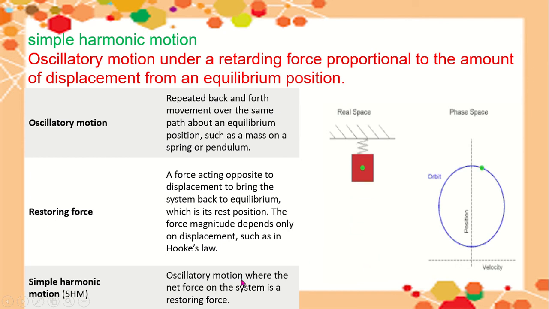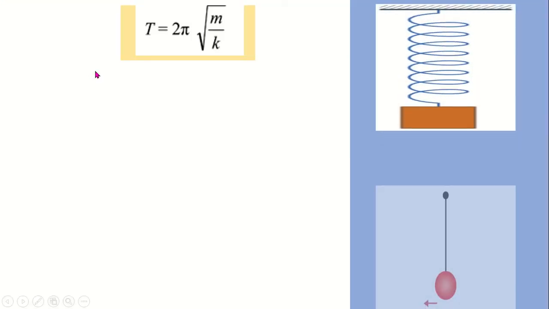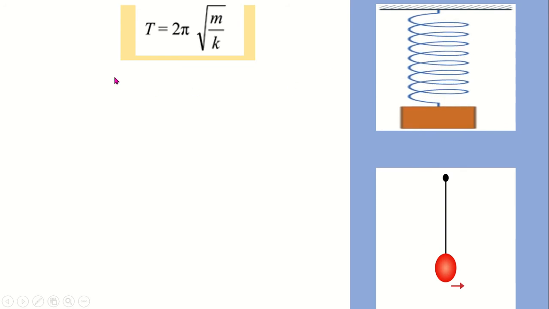Now simple harmonic motion: oscillatory motion where the net force on the system is a restoring force. So these two terms are very much related to simple harmonic motion. That means simple harmonic motion is a kind of oscillatory motion where the net force on the system is a restoring force. Look here,